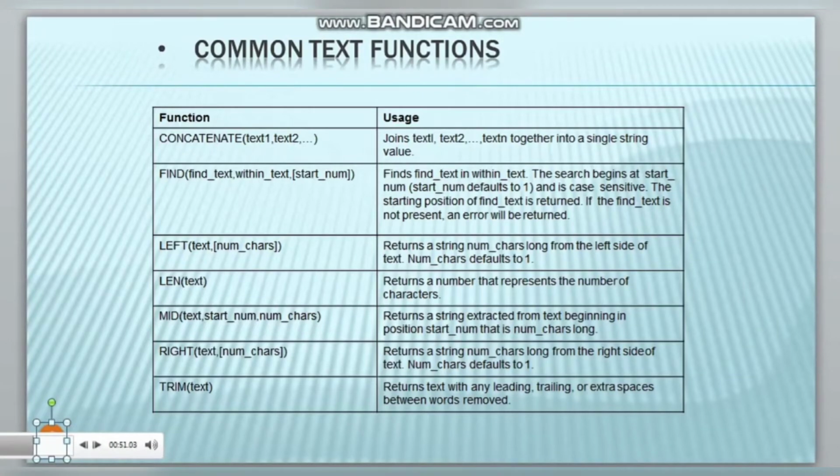There are extra or unwanted spaces in between words or before you start words. At that time, how do you get your data properly done? For removing the unwanted spaces between two words, there is a text function known as TRIM. So TRIM will remove that. How to use it? It starts with an equal sign and then the function name, that is TRIM. Now after the opening parenthesis, select the cell address of whichever text you want to trim, then close the parenthesis and simply press enter. You will get the desired answer.